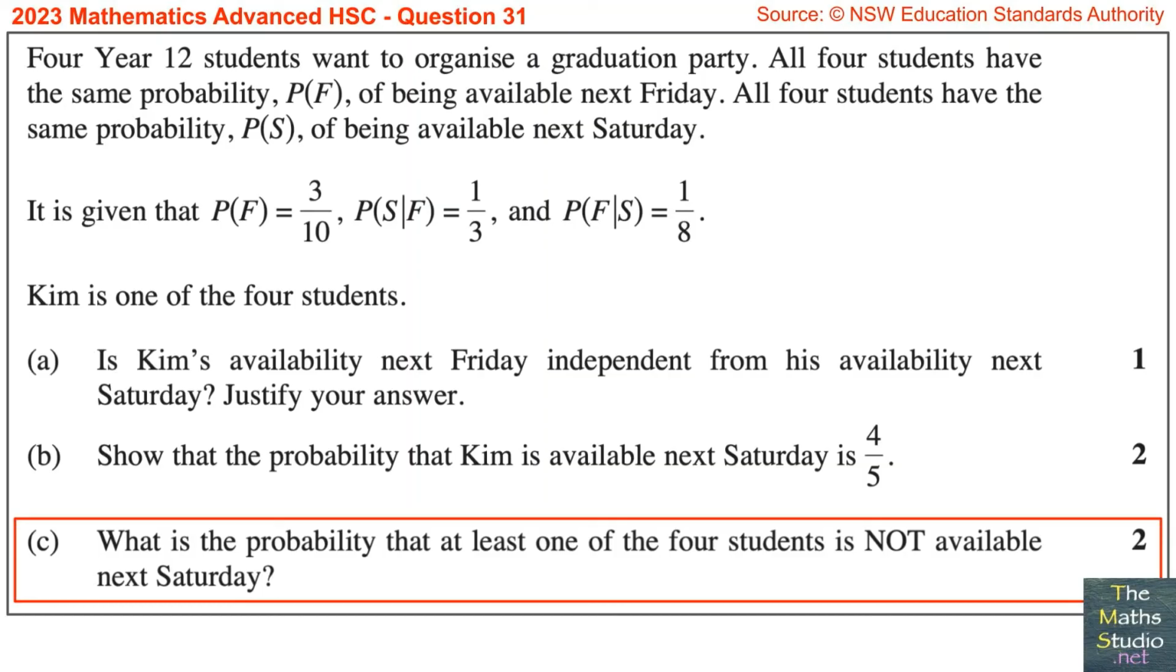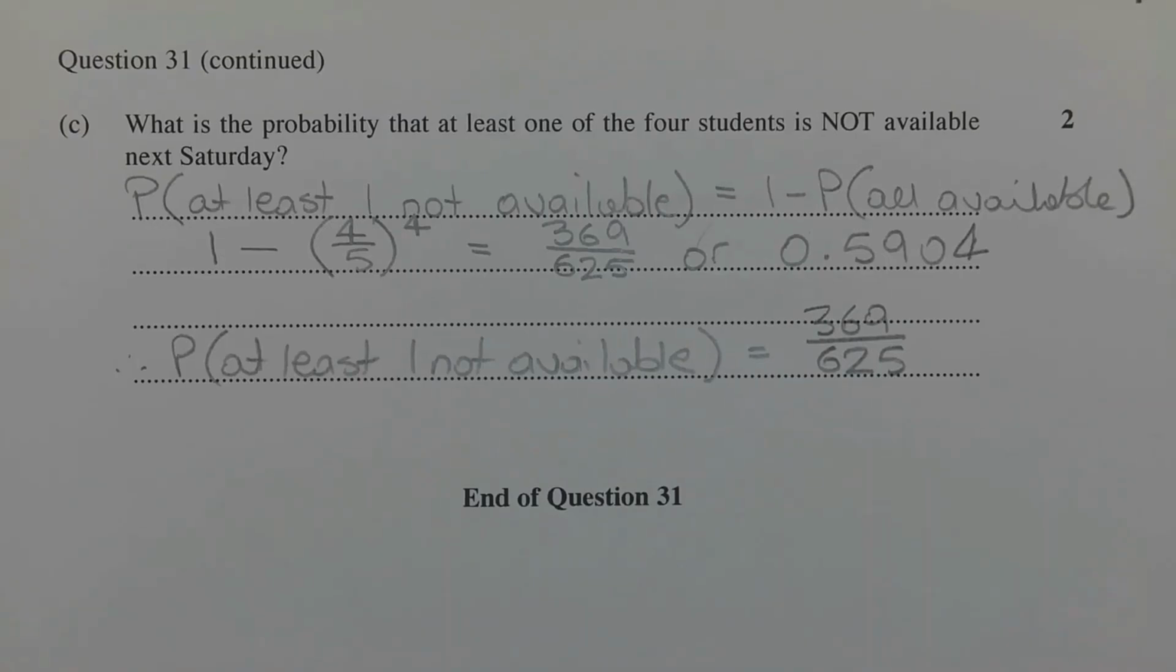Part C. What is the probability that at least one of the 4 students is not available next Saturday? Using the law of complements, the probability that at least one out of the 4 students is not available next Saturday is equal to 1 minus the probability that all 4 students are available. Now from part B, we worked out the probability of availability next Saturday to be 4/5. So applying the law of complements in this case, 1 minus 4/5 to the power of 4 equals